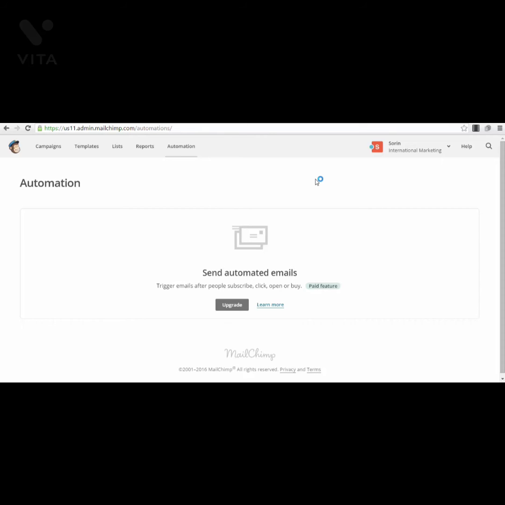Okay, what this feature will allow you, automation, you will see that for other email services it's called autoresponders. Okay, this will practically allow you to create automatic emails that are sent at a certain interval of time or at certain moments, at certain triggers. Okay, for example, when you're building a webinar list, you can set up emails that will be sent exactly after somebody subscribes to the list, in the second day, one day before the webinar, in the day of the webinar,